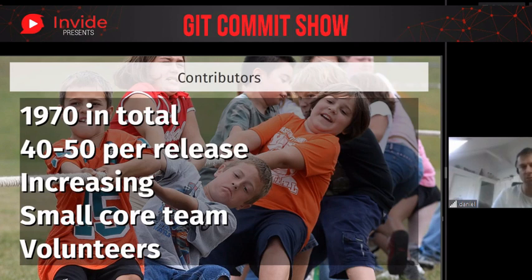I would say for every release, about half of these are first timers. So somewhere around 20 to 25 people are doing their first contributions to curl in every release we do. So a lot of new people too. Yeah, many people, and we're increasing slowly over time. More and more contributors, and we're getting more and more people involved per release over time.